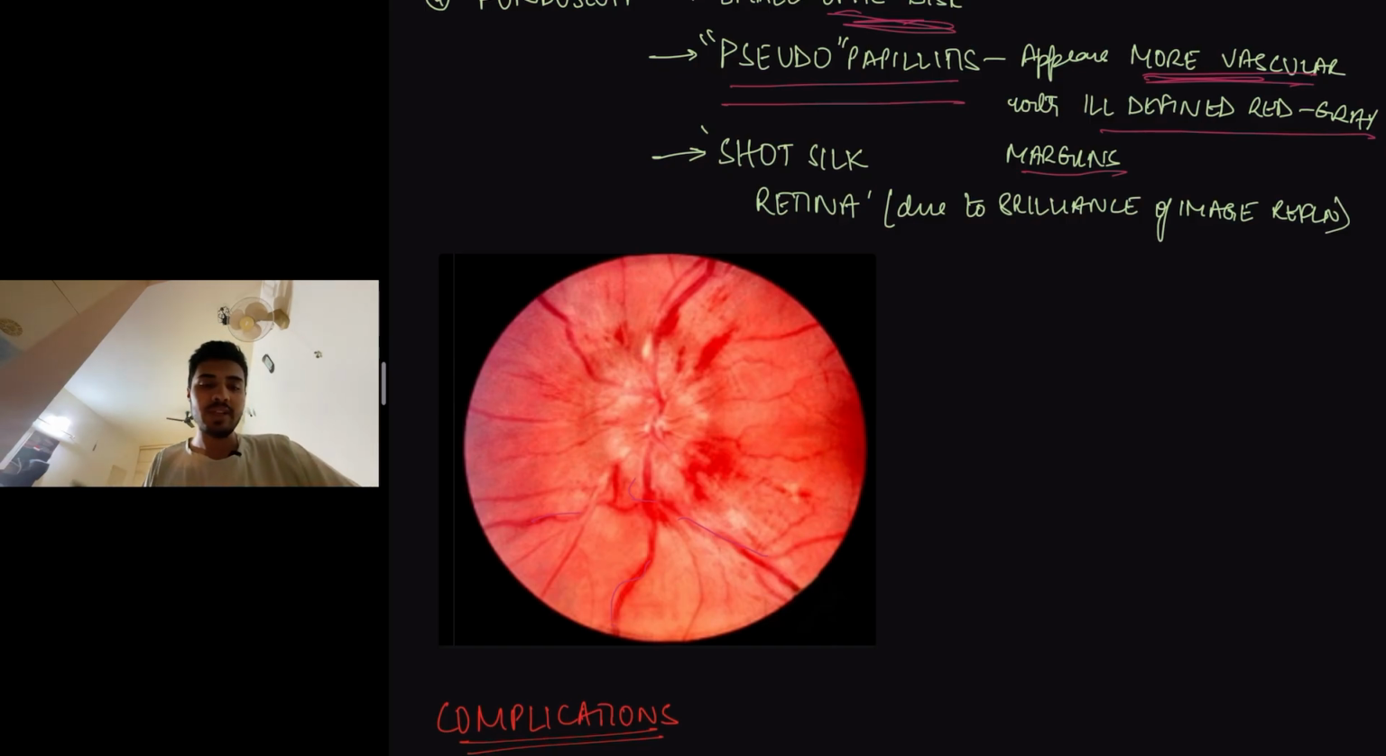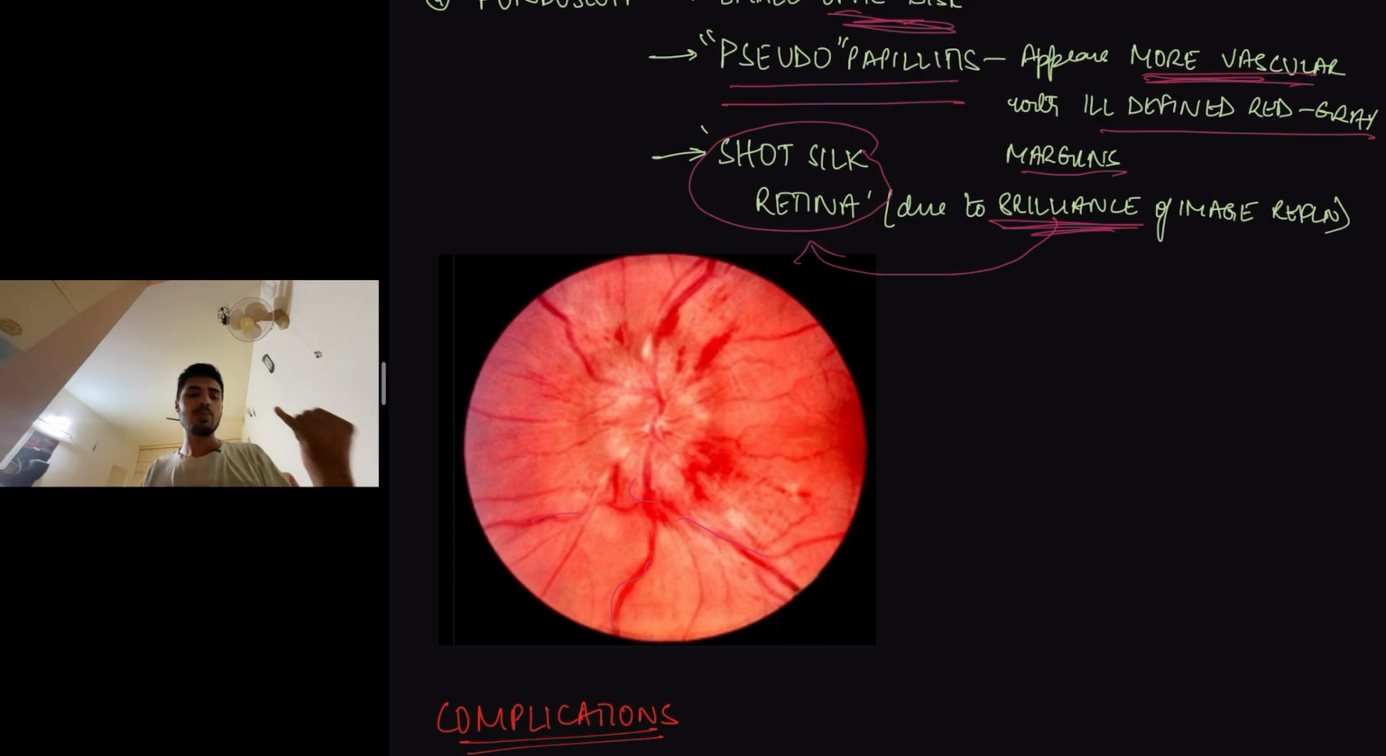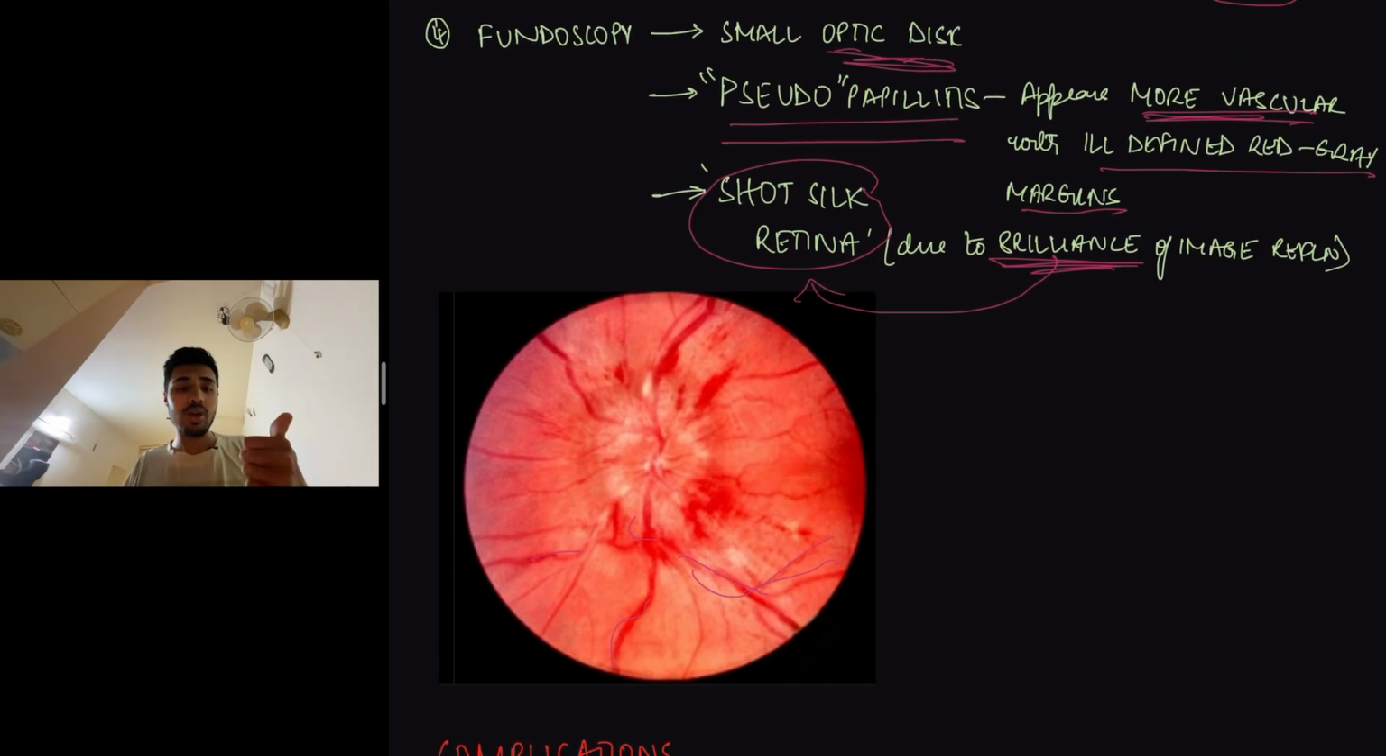Similarly, because the eyeball is very, very small, there is excessive image reflection within the eyeball. This causes a certain brilliant, shining appearance. That is known as short silk retina. So upon fundoscopy, the 3 characteristic findings are small fundus with small optic disc, pseudopapillitis, where it appears more vascular, as you can see in this picture, and short silk retina because of image reflection. So these are about the signs. Small eyeball, small cornea, shallow anterior chamber, short axial length of the eyeball through biometry, and on fundoscopy, small optic disc, short silk retina, pseudopapillitis, and